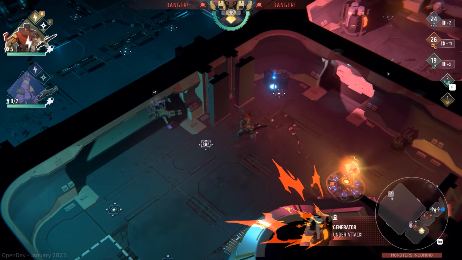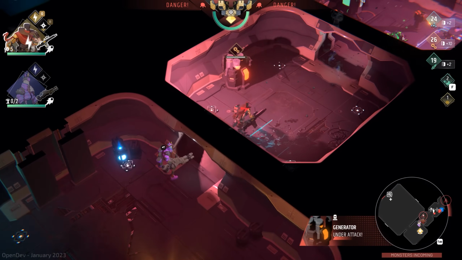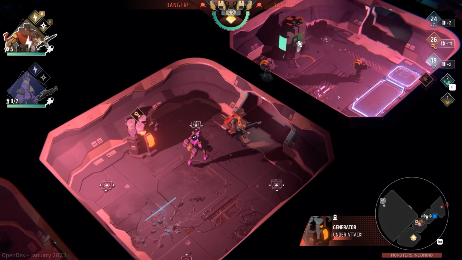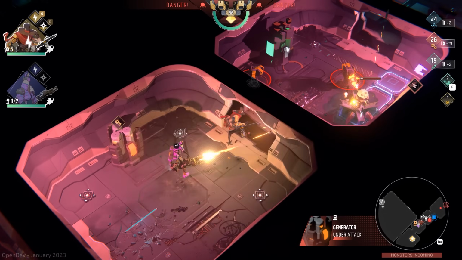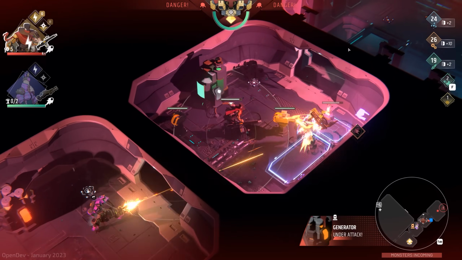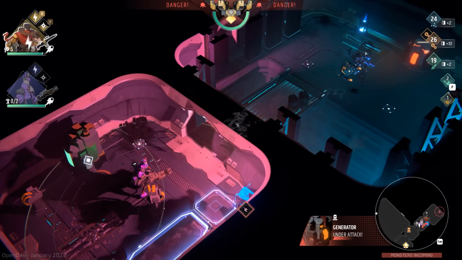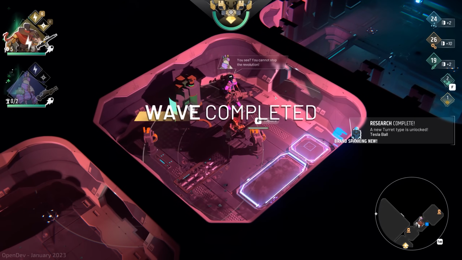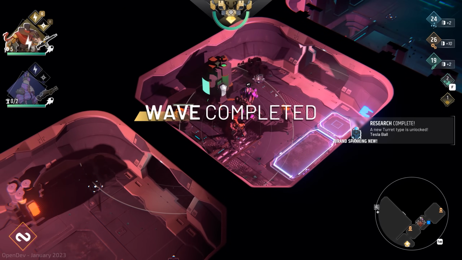Enemies are now spawning exactly where I said they were going to. And the turrets are not exactly doing an outstanding job of killing these things, at least not yet. But hopefully as we upgrade these and get bigger, better stuff, we'll find that they are a lot more effective. Whoop, and we have an enemy that's actually run across over here and is trying to take out that generator. Don't let them do it. And there we go. All right, wave complete, easy,